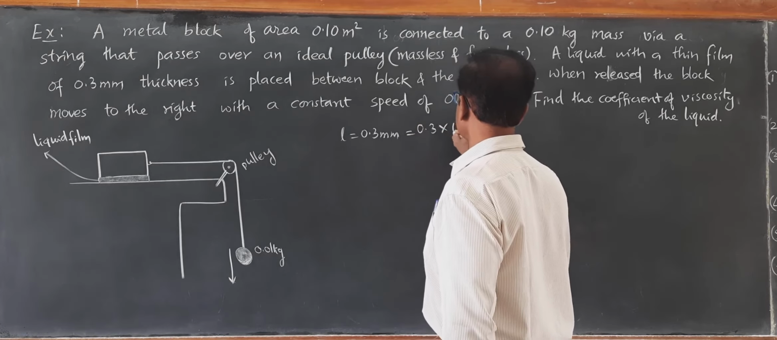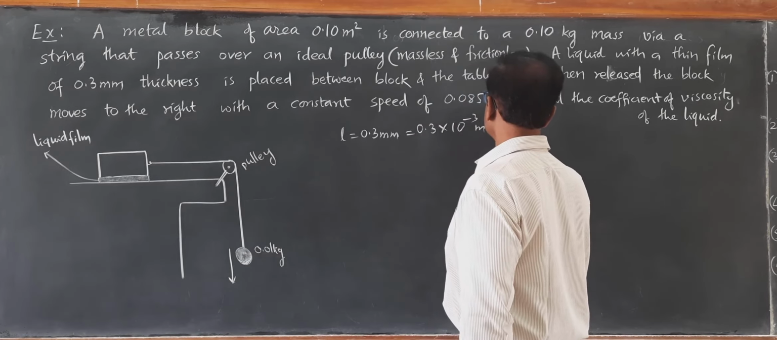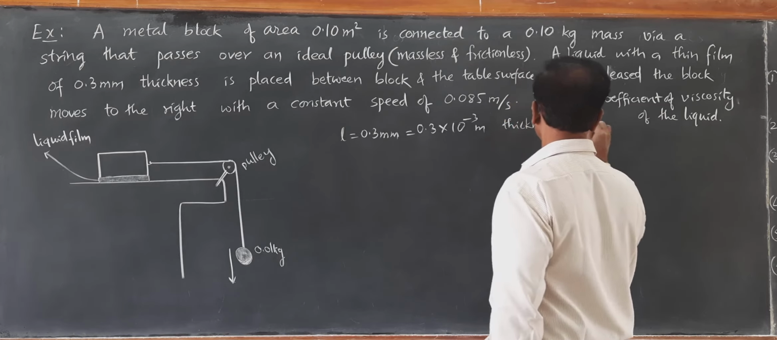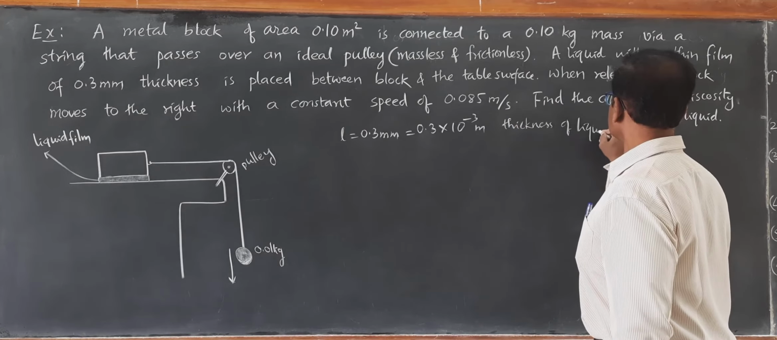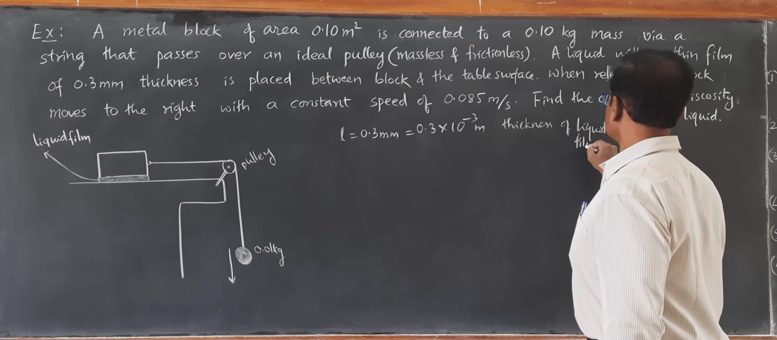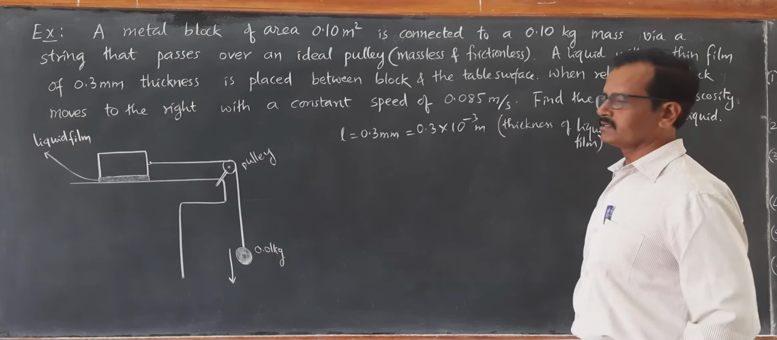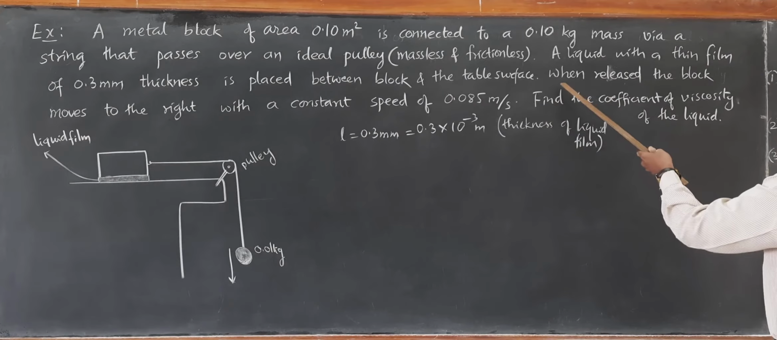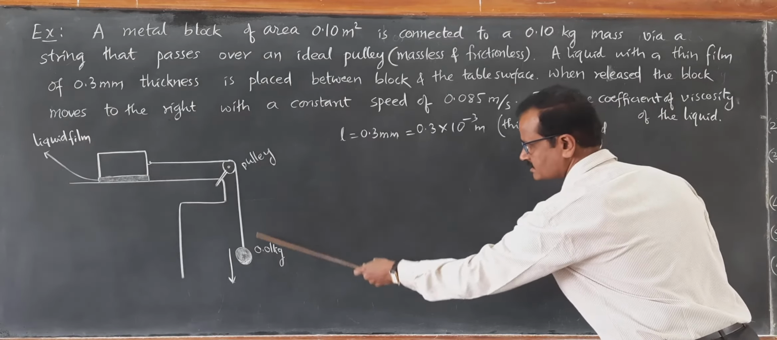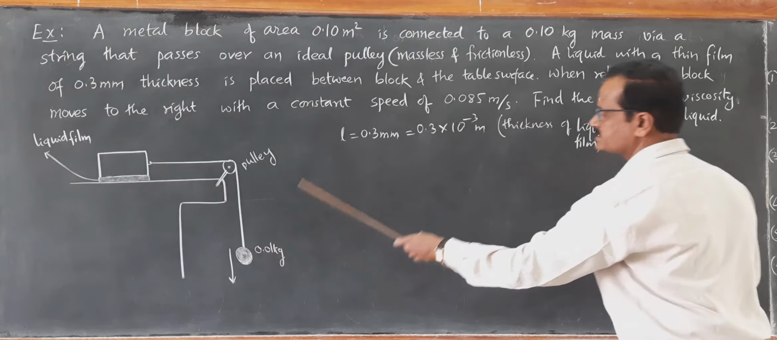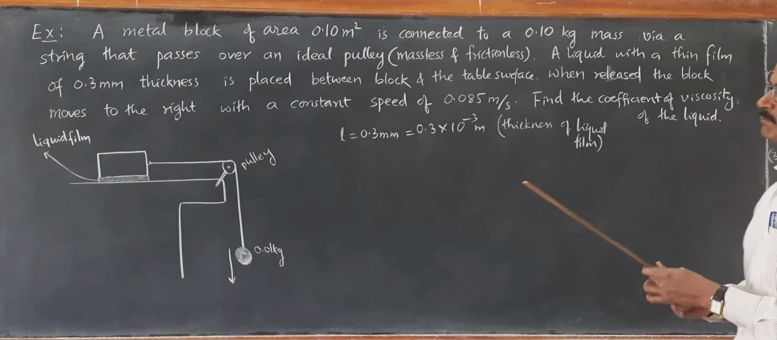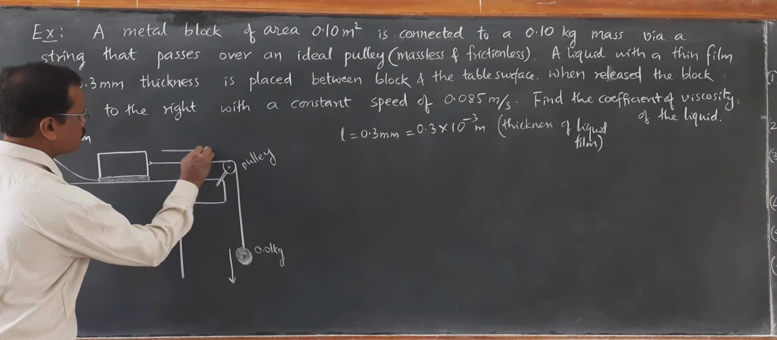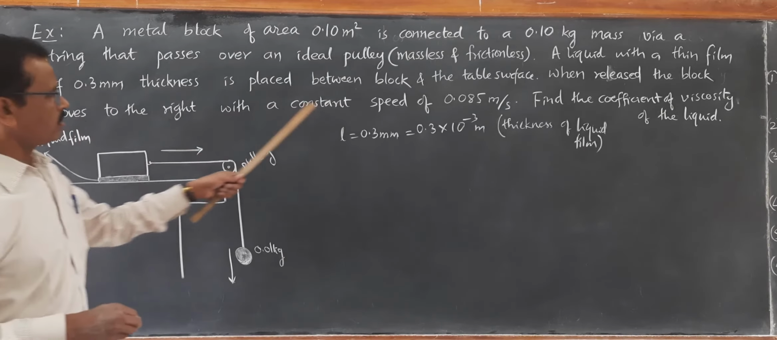That is 0.3 into 10 raised to minus 3 meter thickness of liquid film, placed between the block and the table surface. When this load of 0.01 kg is released, the block moves to the right with a constant speed of